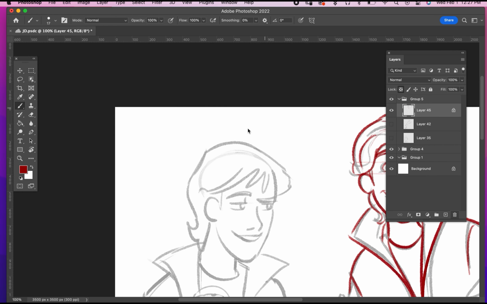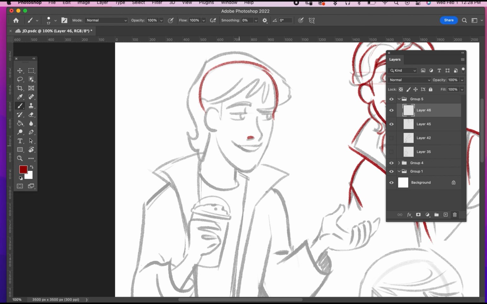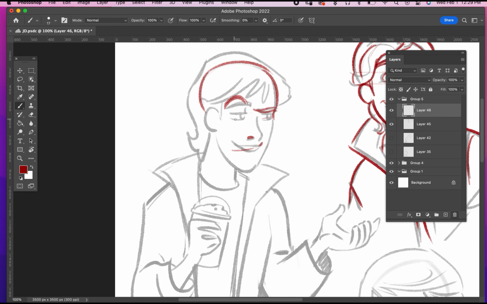Next up, we have a smug facial expression. When someone is feeling smug, they usually have this crooked smile. So first, let's arch his eyebrows some more and make one eye a little bit more narrow than the other. Right now, JD's smile is very tame. It looks like he's just having a conversation with someone. But if you want to add drama to the scene,